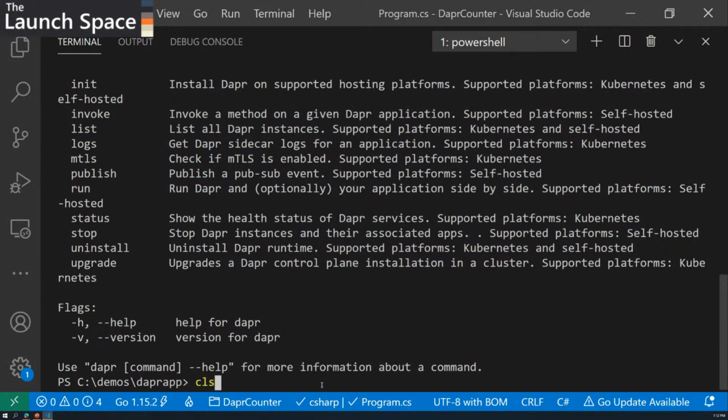So let's go off and Daprize this application that we did before. So we had dotnet run here. We're just going to go dapr run, and we're going to give this a new name. This is the great thing about Dapr here. So I'm going to say app ID here, and let's call this dapr-app, like this. So that's a unique name, and now I have to reference my microservice. So wherever it runs in my environment, Dapr can find it for you.